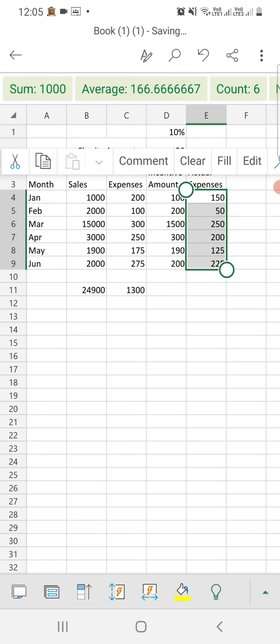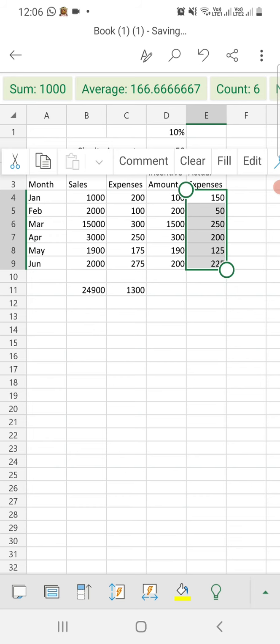It will give us the same result. We need not apply the formula again and again.